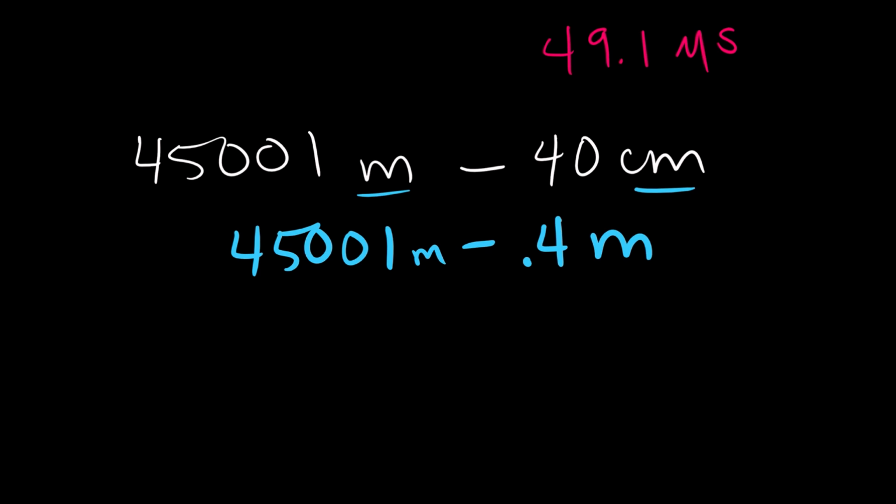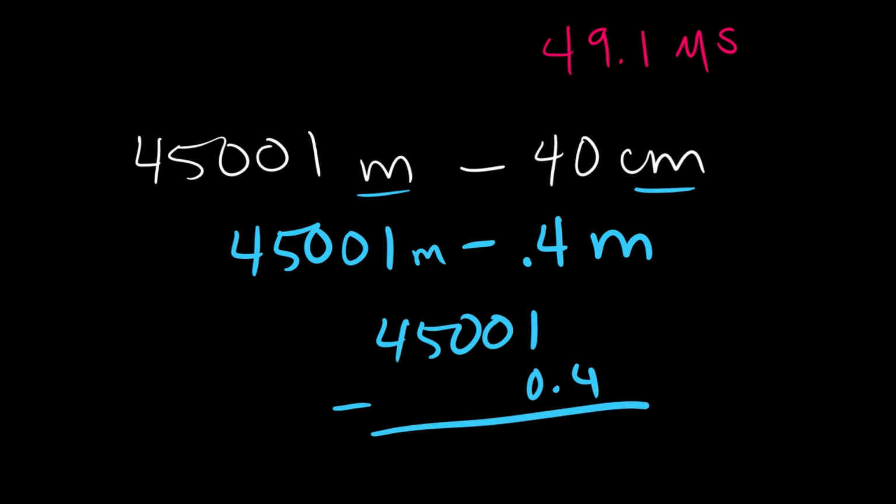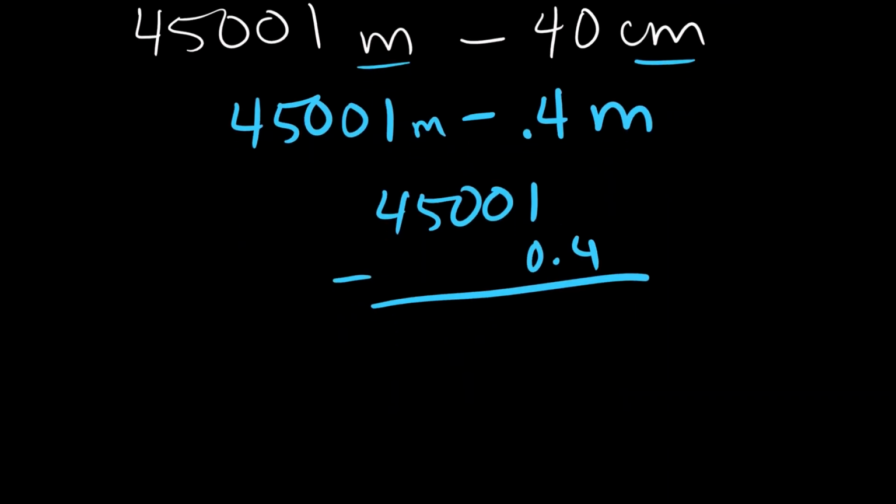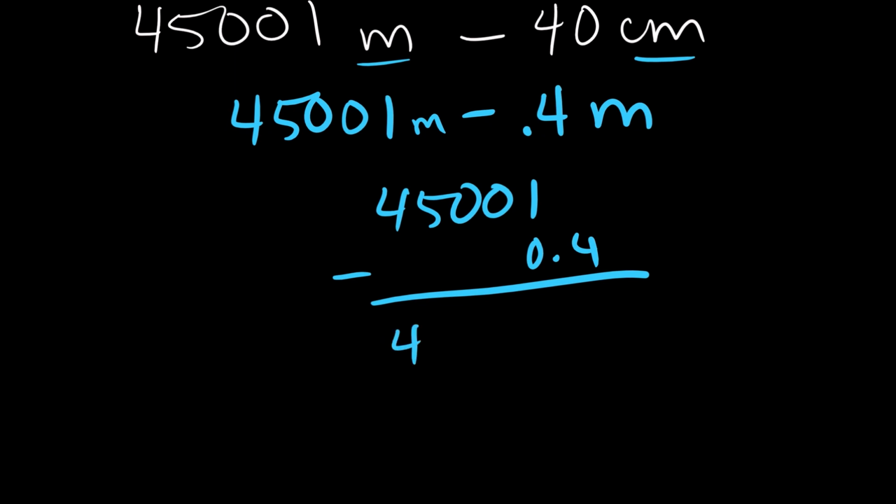The other thing to think about: am I in the same power of 10 for scientific notation? When I write it like this, I actually am. I could have times 10 to the 0 times 10 to the 0. So let's go right into our subtraction. We have 45001 minus 0.4. When we do that subtraction, what we end up getting is